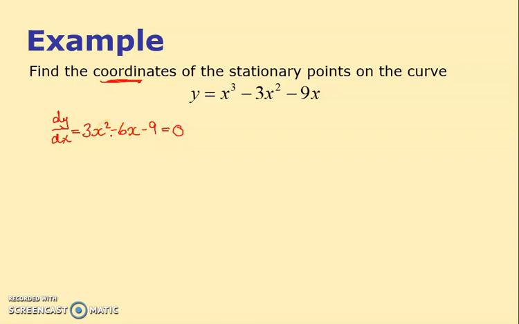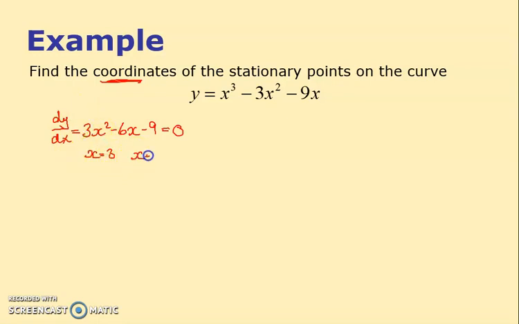So you might as well go into menu, A. So you want a polynomial equation, it's degree 2, and just type them in. 3, -6, and -9. Now, you could have done it by factorization. My answers have said that my first answer is x equals 3, and I've got a second answer, x equals